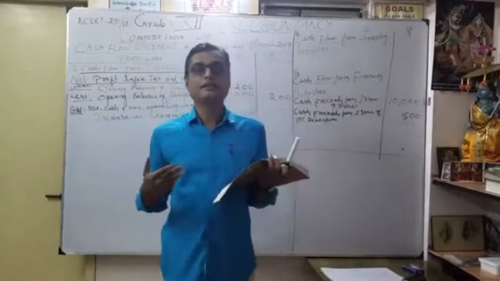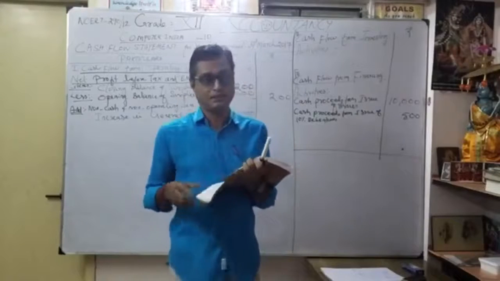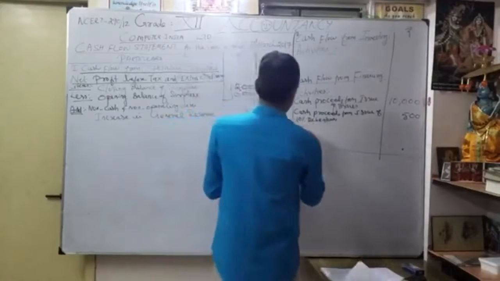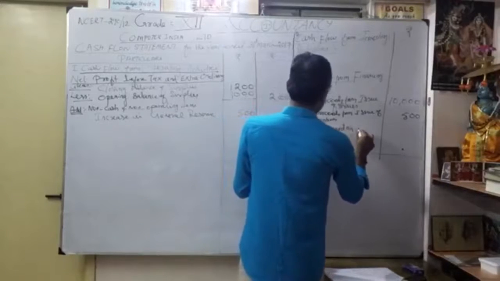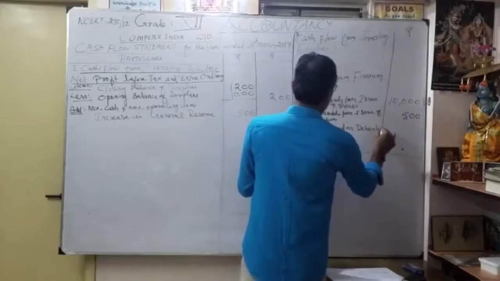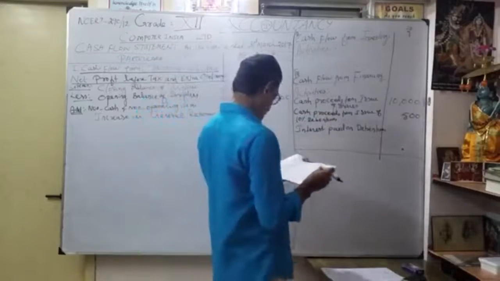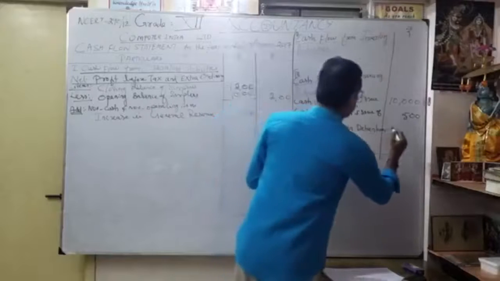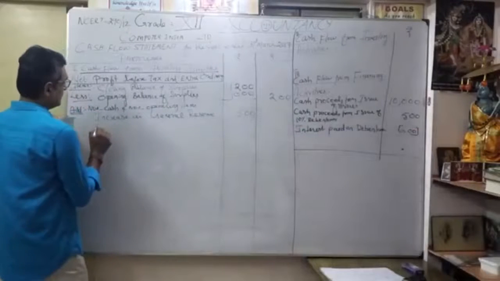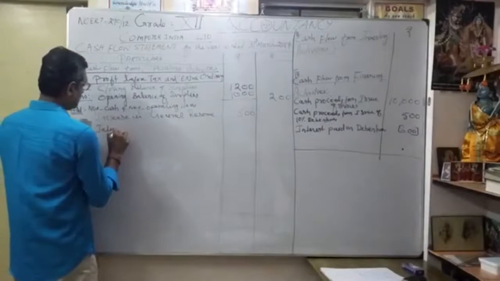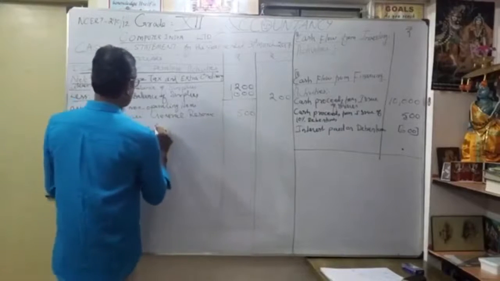Similarly, regarding this 10% debenture, you have to verify any adjustments given. Yes, go to additional information. They have given interest paid on debentures, 600. You know where you have to write it? You have to write it here only. First here, interest paid on debentures, how much? 600. That is what they have given in the additional information. Put 600 in brackets. Immediately I am going to write it here: interest paid on debentures.